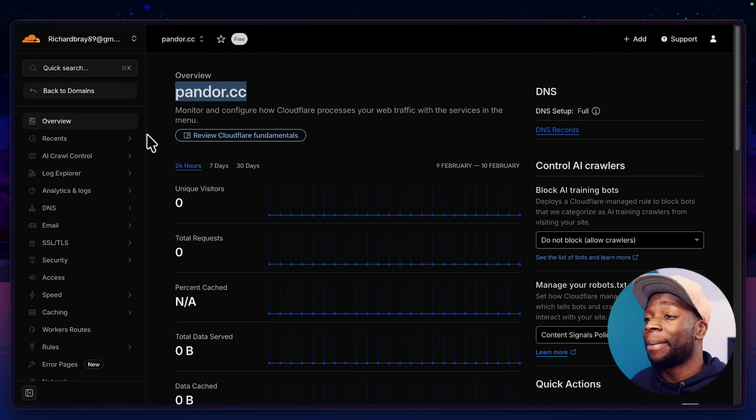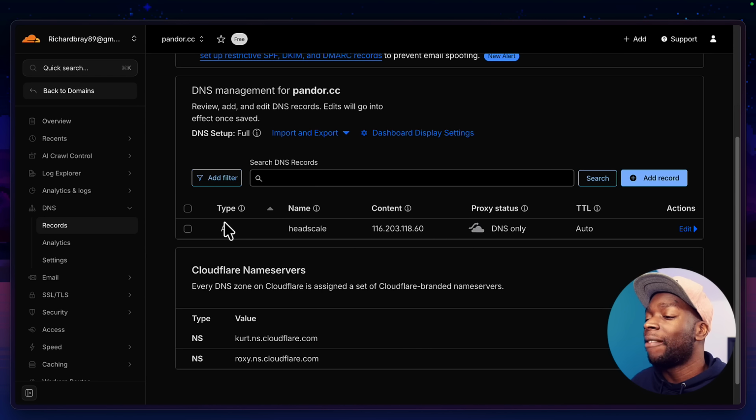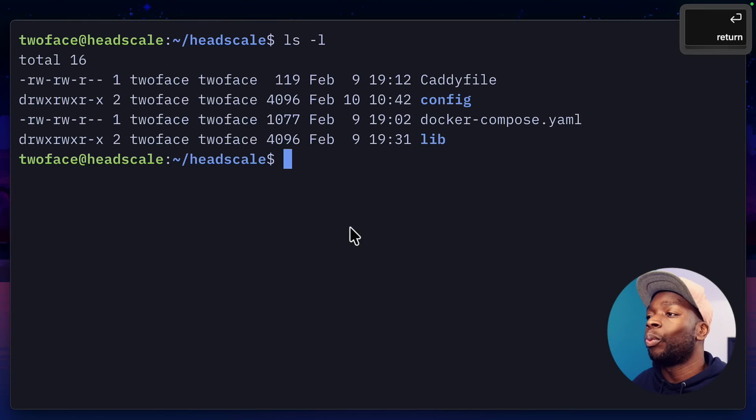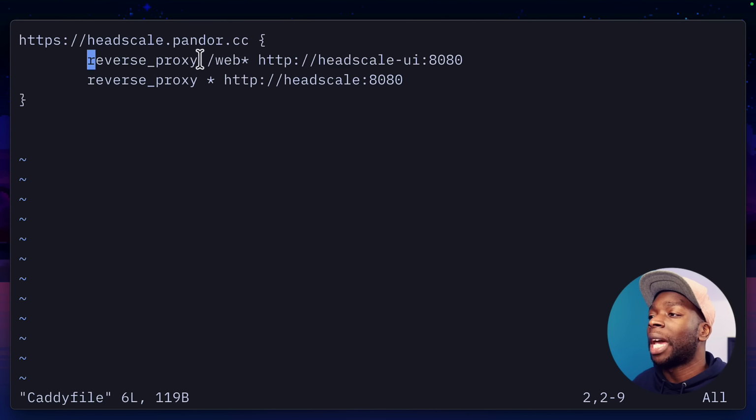The domain is a typical Cloudflare one with an A record linking to the IP address of my Headscale control plane under the Headscale subdomain. And with that in place, if I VI the Caddy file, you can see we have 2 URLs being used, one for the Headscale UI under /web and one for the Headscale proxy. So once you have those things in